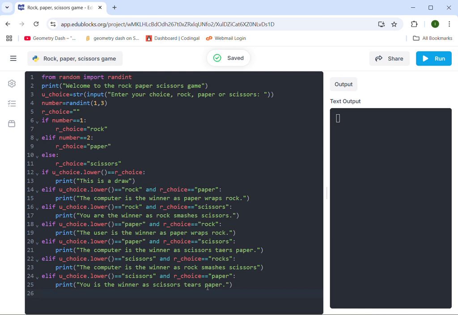Now the last thing we need to do, in case whatever they entered here was wrong or rubbish or anything, is put else. We want that to be considered as an invalid option, so print invalid option. So now if you run this thing,